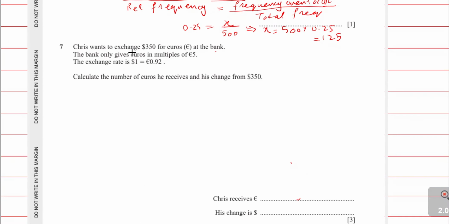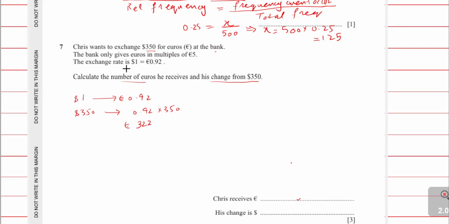Question number 7. Chris wants to exchange $350 for euro. The bank gives euro in multiples of 5. Exchange rate $1 equal to 0.92. Calculate the number of euro he received and his change from $350. Look here, against $1 he received 0.92. And for $350 he will receive 0.92 multiplied by 350, and this will be equal to